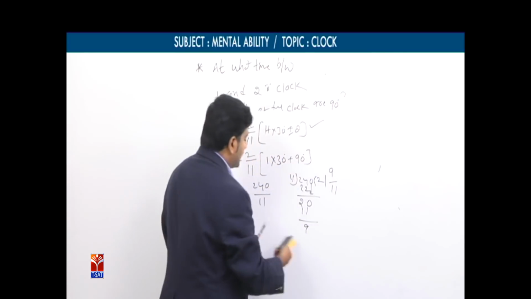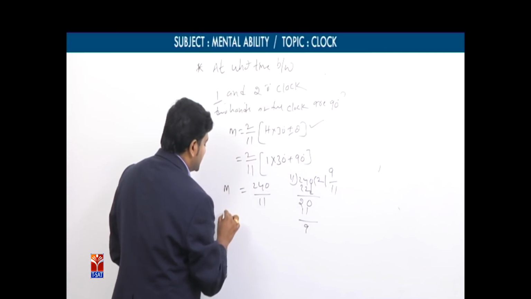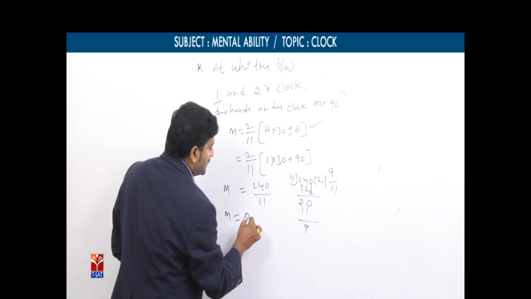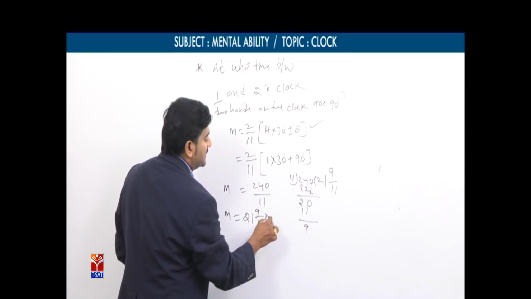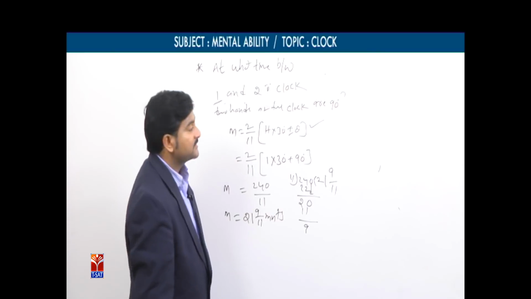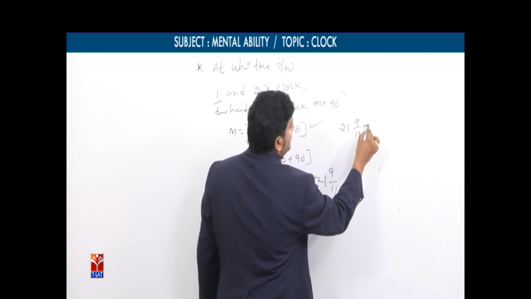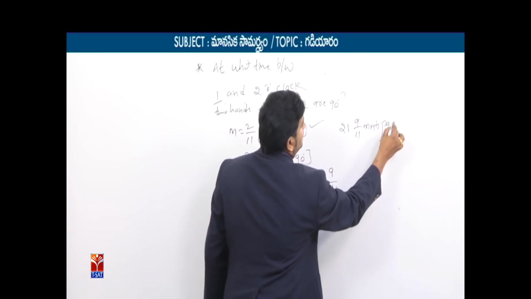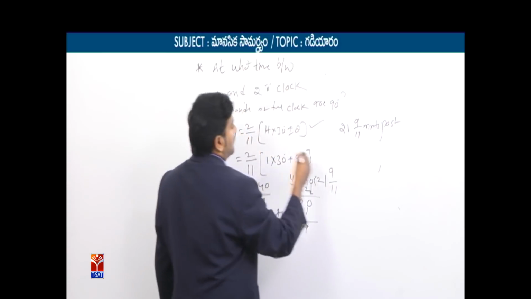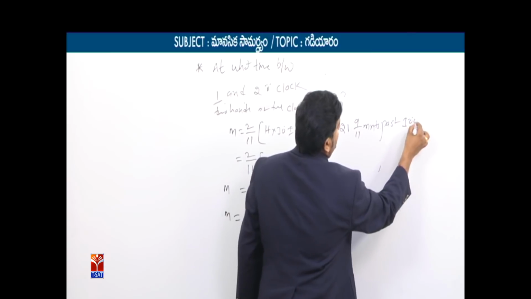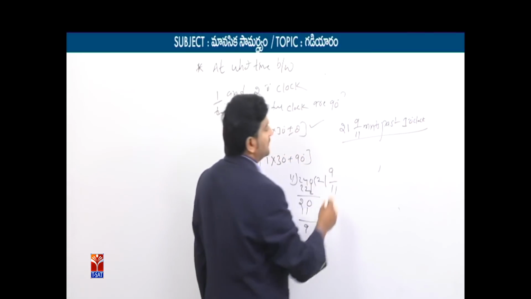No, observe here. So what is the final answer? Here the m value is 21 9 by 11 minutes. So what is the final answer? 21 9 by 11 minutes past. So what was the given time? 1 o'clock. Past 1 o'clock. Therefore, by using this condition